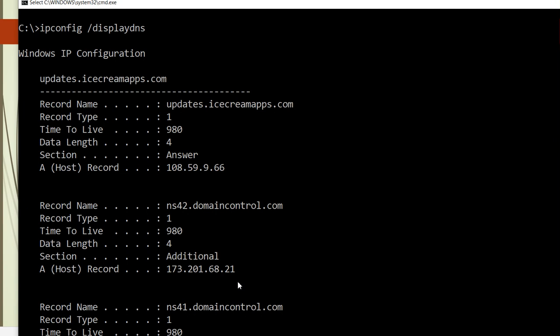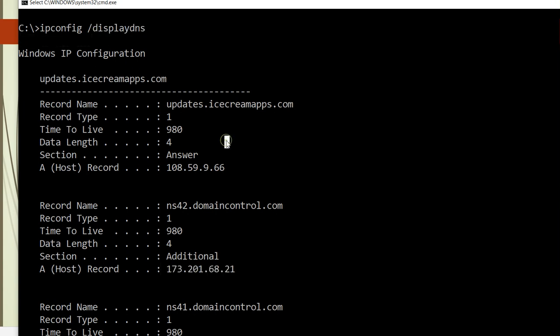Now sometimes it can be a problem, because suppose the IP address for this particular site is changed now, but in our cache it still shows the old IP address. So whenever we try to get this domain, it will give me this IP address. But this is a wrong IP address, because it is in the cache. You will get the information from the cache, and sometimes you will get not found, or you will get wrong addresses. Then what you have to do is clear the cache and then retry.